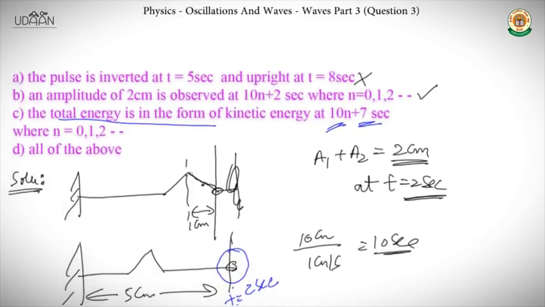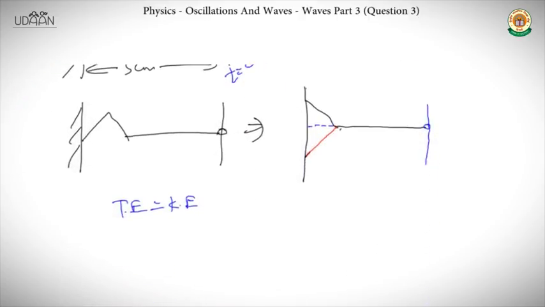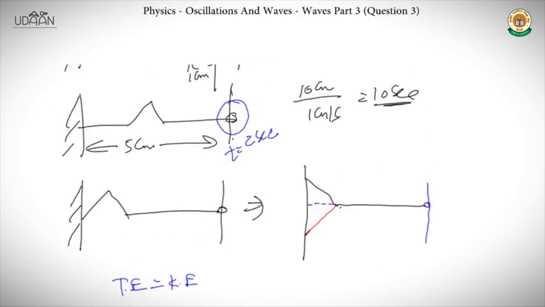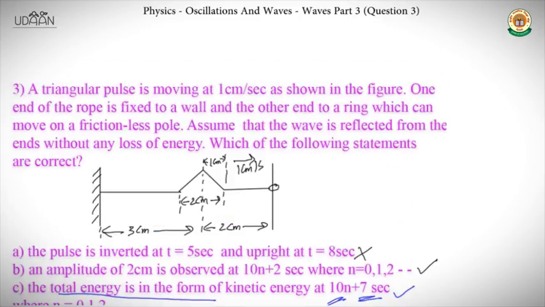So because the total energy is in the form of kinetic energy when the pulse is at the closed end, B and C are right options. Basically, since there is no displacement of the particles, that is why potential energy is zero. So that was problem 3, and we saw that we were given a triangular pulse, and